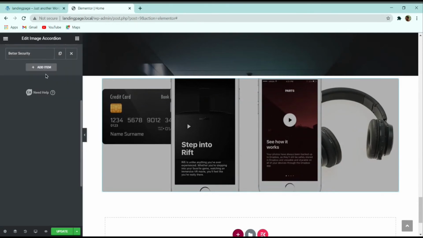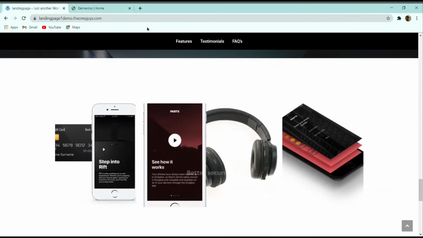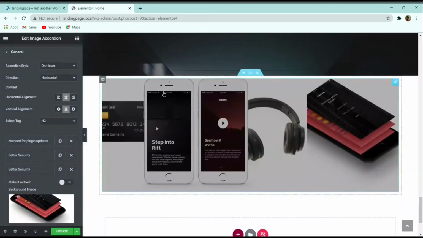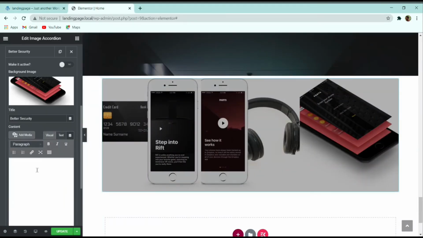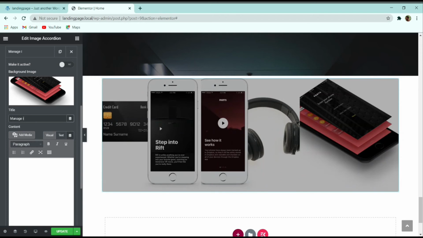And then similarly let me create another accordion, and here I will add that image, this one. And here in this image I will manage in a single place. So let me quickly type the title, manage in a single place. So let me click on update.